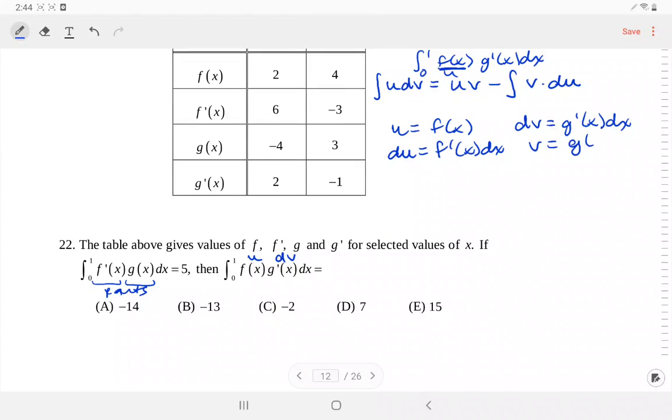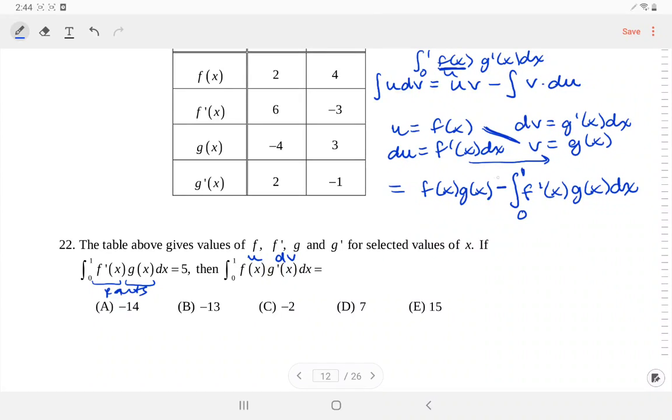V is the antiderivative, which is g of x. And then we do down minus the integral of across. Okay, so the answer would be f of x, g of x, minus the integral of across. So the integral of across would be f prime of x, g of x dx. And that looks like what they gave me, so that's kind of cool. Okay, so 0 and 1. Now, we don't do too many integration by parts with bounds, but we will have to evaluate with the 0 and the 1. So this would be f of 1, g of 1,